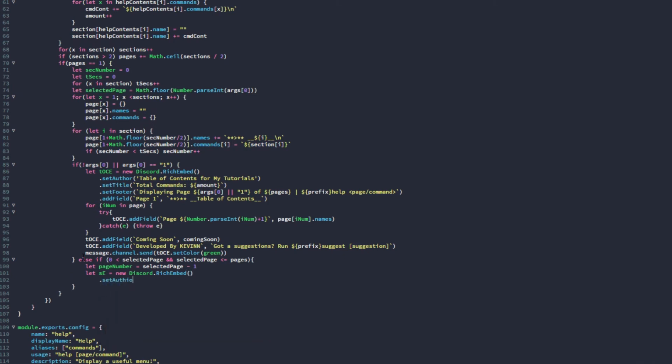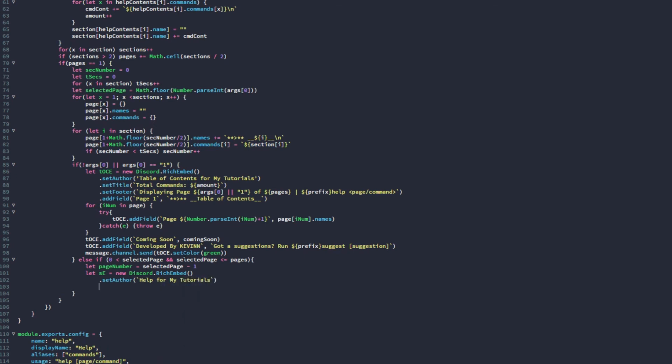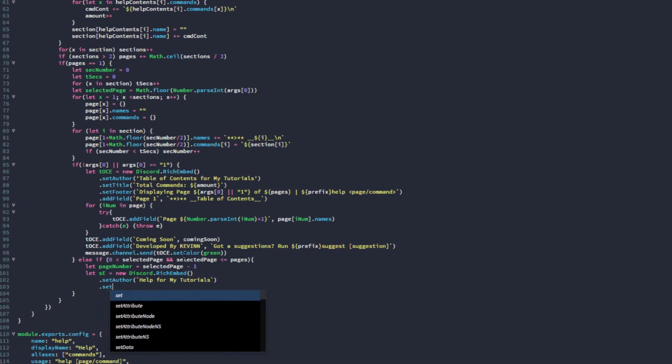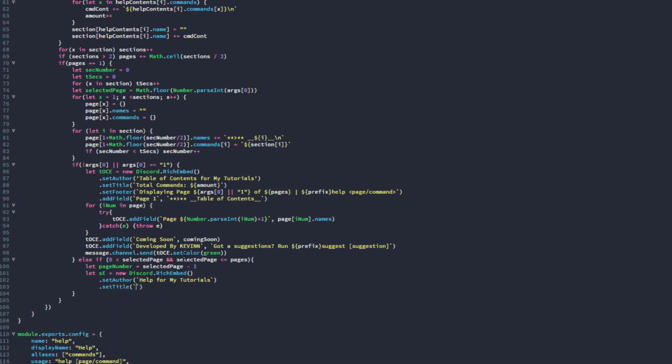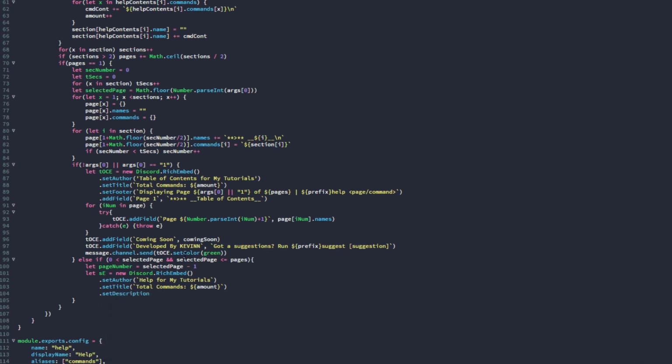.setAuthor, and we're just gonna do, actually we can basically, no we can't, help for my tutorials, and we're gonna .setTitle total commands amount, and we're gonna .setDescription wanna help out,